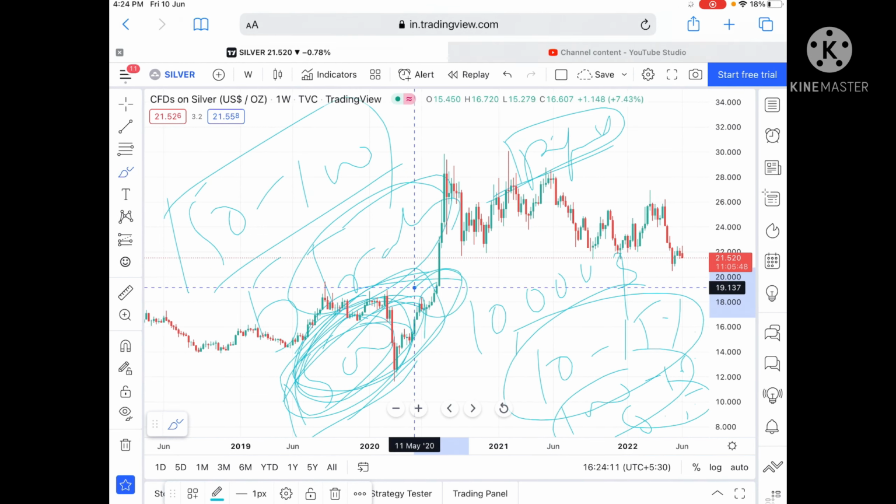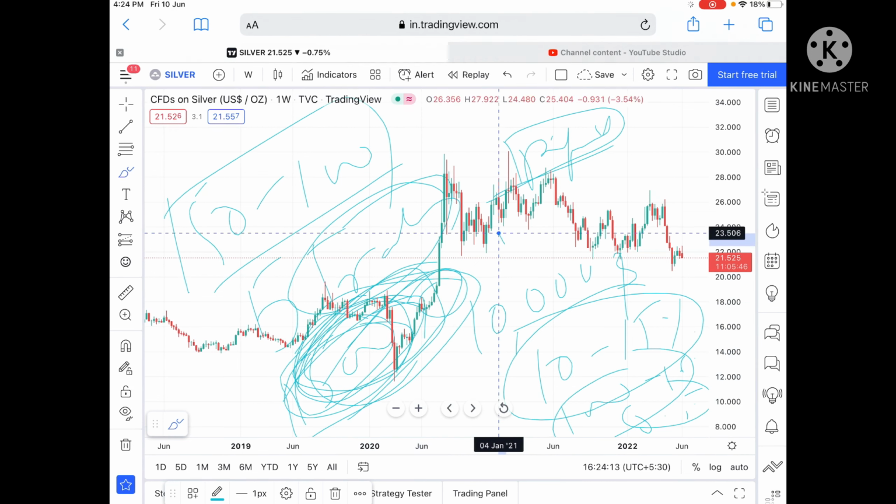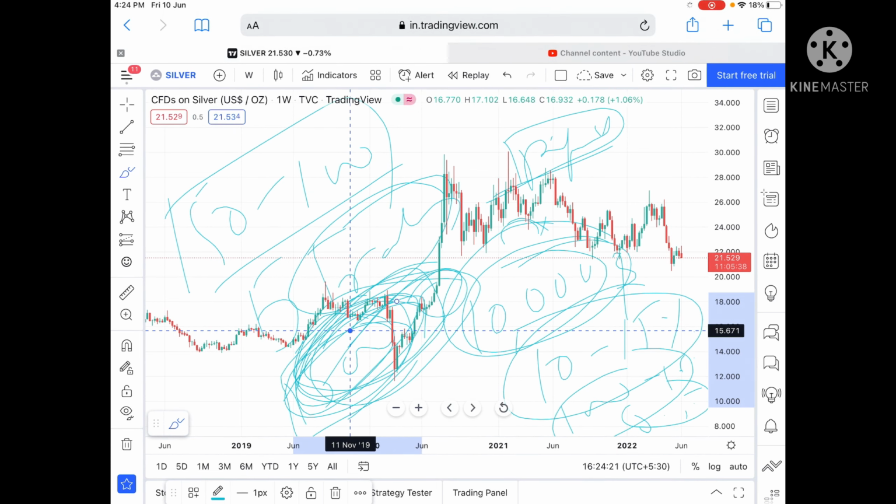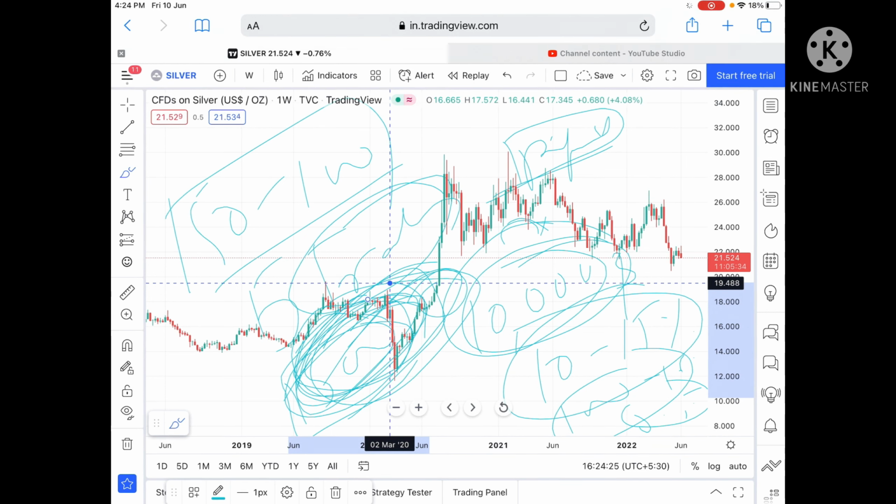What people do is they lose so much on the first day that they try to recover it the next day, which in turn loses their full capital. What I teach in my workshop is how to overcome all these problems and how to manage your risk, and where to enter and exit.